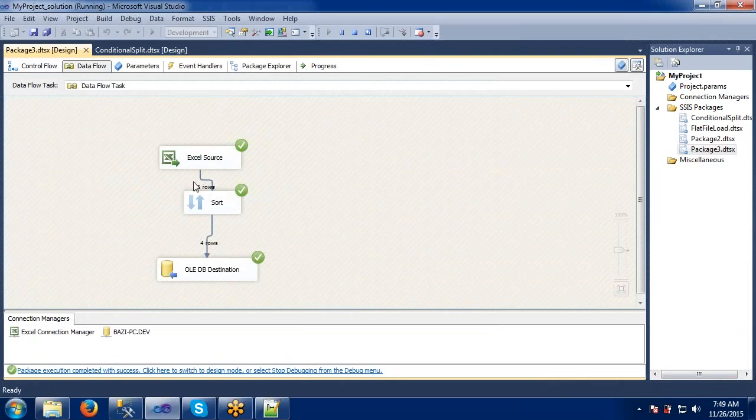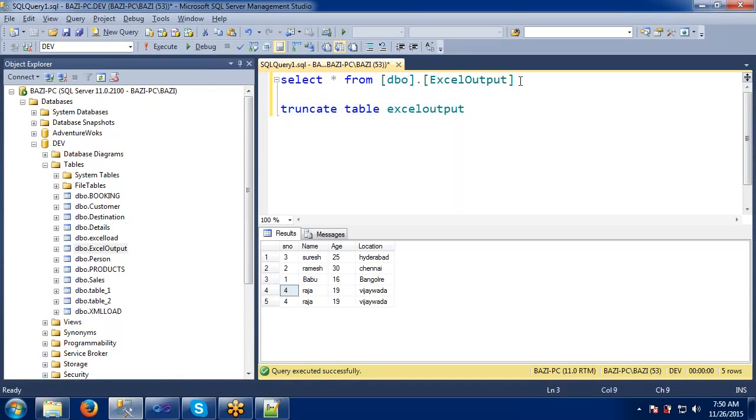Both are successful. If you see, from Excel the 5 records came to the sort. But what the sort transformation has done is it has sorted and sent only 4 records. Why? Because it had one duplicate record. Let's go and check from this database.